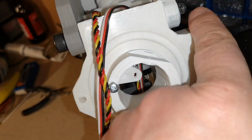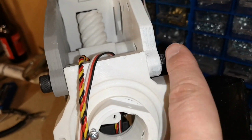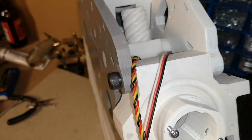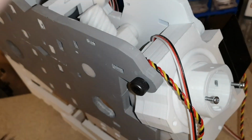I guess when we put the nut on, if we're worried about the nut coming off, we can use a little bit of Loctite on the nut to stop it coming loose. We don't really want to over tighten that. So now that's in, in theory,